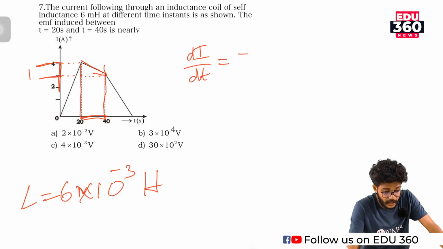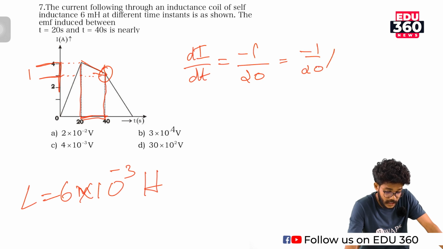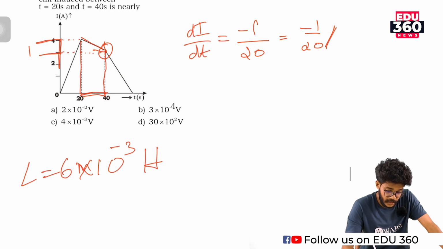The final point is 3 and the initial point is 4, that's why I put a negative. 4 minus 3 is 1, and dt is 40 minus 20, which is 20. So minus 1 by 20 is di/dt, and we know that